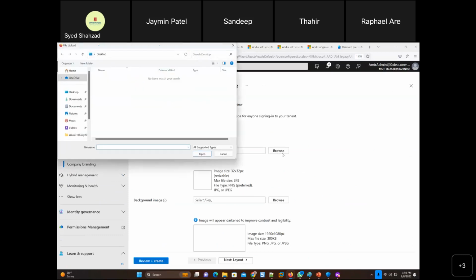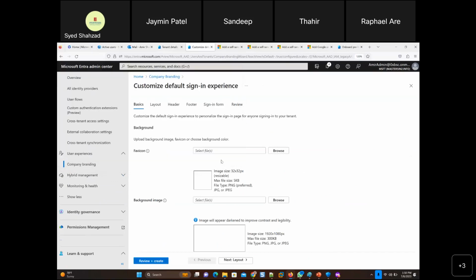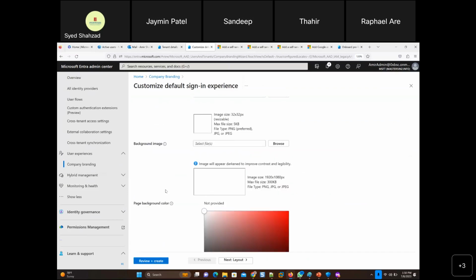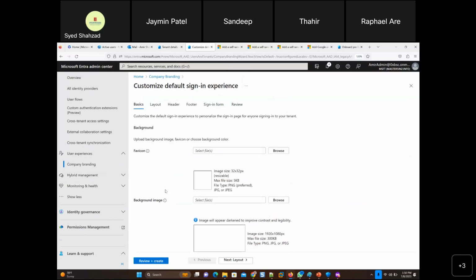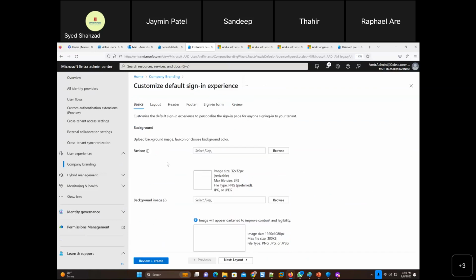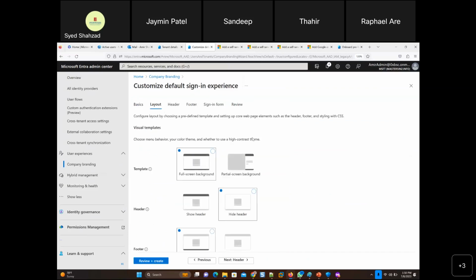So you can go for some kind of branding there: layout, header, footer, sign-in form. So when you're logging into Active Directory or Azure, you can actually choose the wallpaper and logo and background you can put there. So I didn't do that in my company,